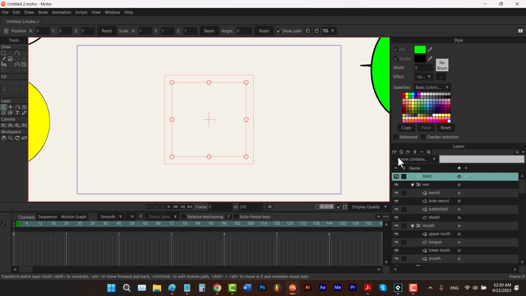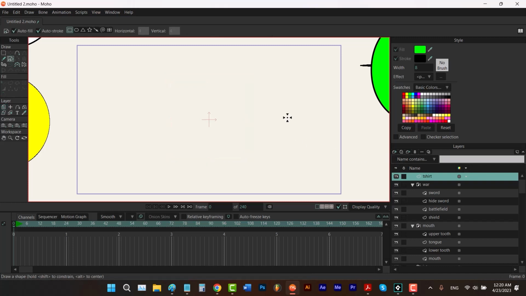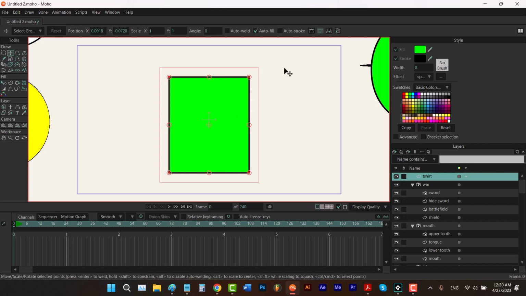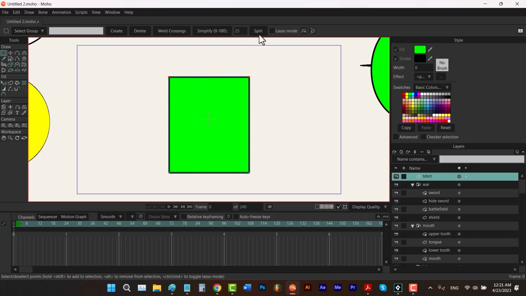And let's draw it. I'm gonna hit the S key and draw a rectangle. Then I hit the T key, hold down the Ctrl and select these 2 points. Then I hit the G key, click on split to add the point in the middle of this line. I'm gonna click on it once again to split it into 4 lines. Then I hold down the Ctrl again and select these 2. And by holding down the Ctrl and Shift, I can add to my selection. I click on split to split them.